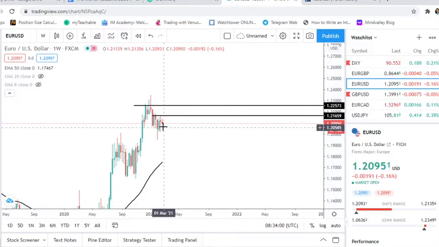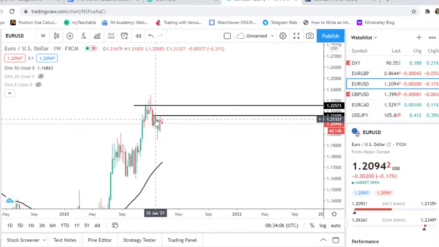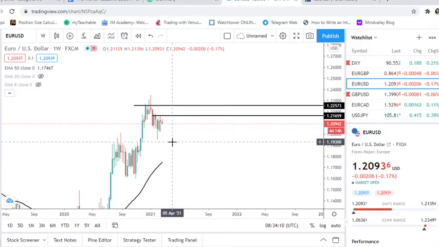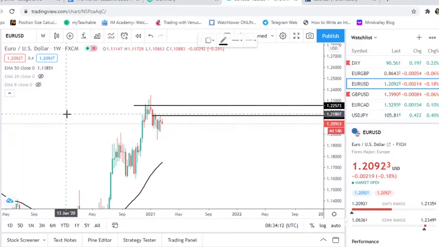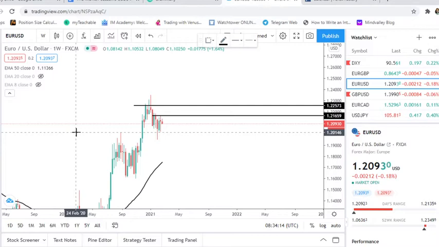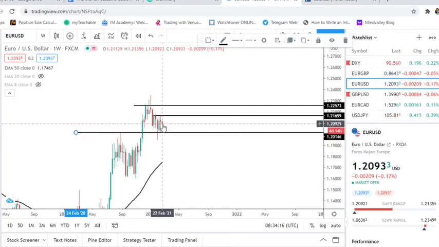So looking at it from last week, there was an indecision candle that closed the market, and it was a touch around this resistance, and then it is breaking back down. So we may see some push down, which may not last long anyway. It may push down to this area first and push back up. But if you see it below here, then it may push all the way back down to all of this